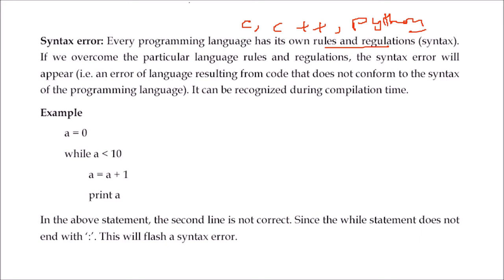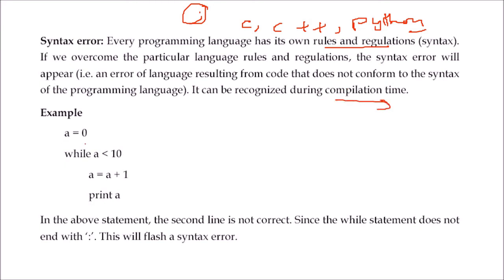In C, C++, Java, you have to end each and every instruction with a semicolon, right? So if you don't give this semicolon, there will be a problem. There will be a compiler error. The compiler says, I have given you certain rules and regulations. This programming language has given you certain rules. You have to follow that. You have to abide by that, right? At that moment, if you compile and you have a problem, the compiler will issue some errors.